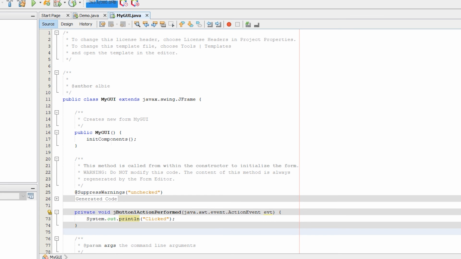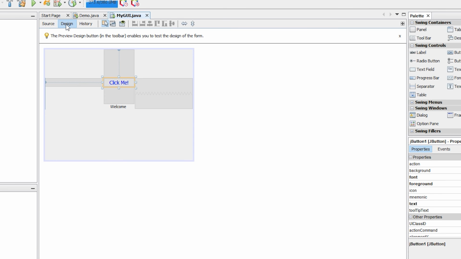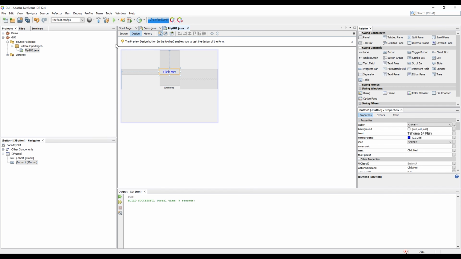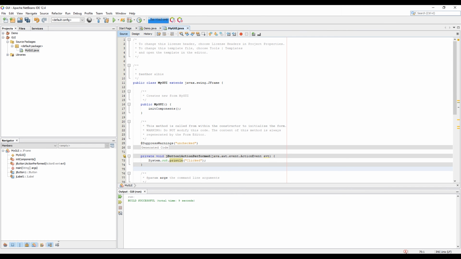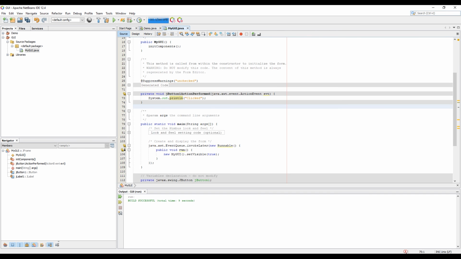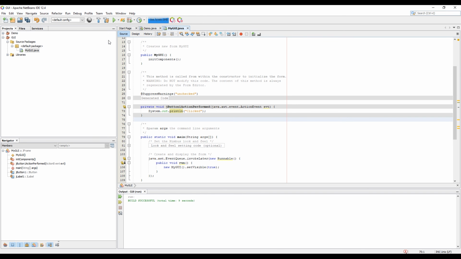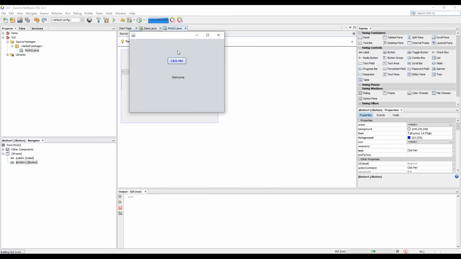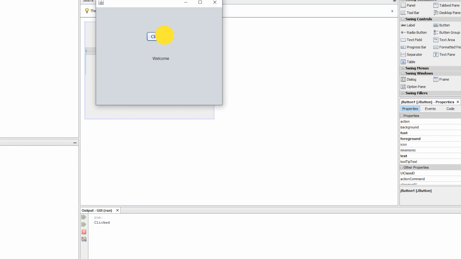So before we proceed, if you notice here, this whole entire thing was automatically generated for us based on this design right here. So when you hit design, you can go back to your design view. And when you hit source, you can go to the code view. So like I mentioned, everything we do in the design view automatically generates code inside our source view right here. So let's just go ahead and run our program. And now if I hit click, as you can see, we get an output here which says clicked. And every single time I click this button,